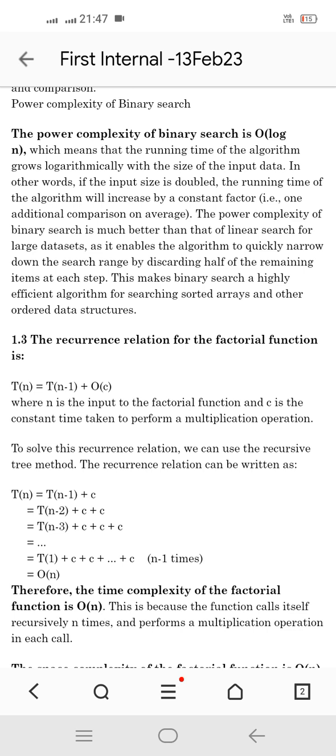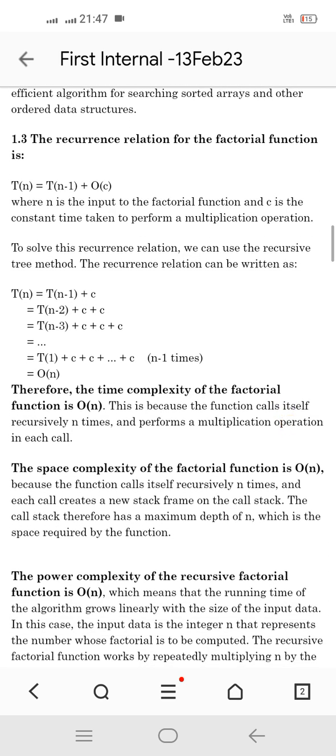The third algorithm is the factorial function. The recurrence relation for this algorithm is given by T(n) = T(n-1) + O(c), where n is the input to the factorial function and c is the constant time taken to perform a multiplication operation. We can solve this recurrence relation using the recursion tree method and we get the time complexity of the factorial function as